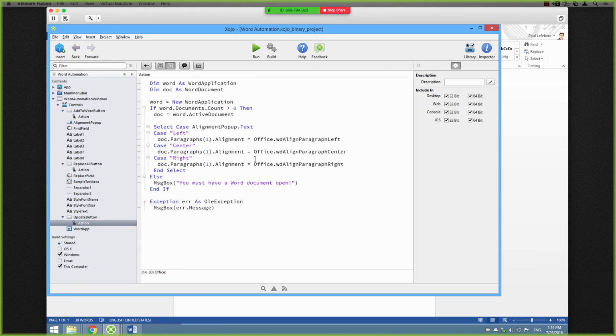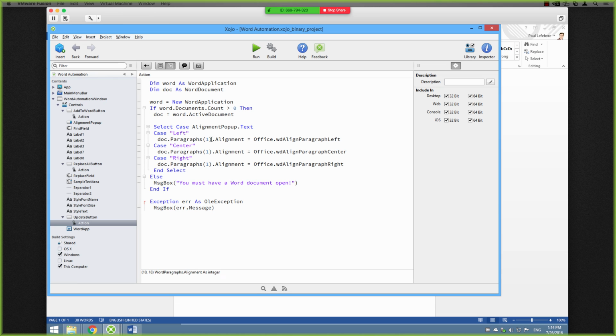Now, very little of what you look at when you see all this setup coming in is actual Xojo code. It's Xojo code, but it's calling the Microsoft Office object model stuff. So none of these commands or things are going to look familiar to you if you've never used Microsoft's object model for this sort of thing. And of course, none of this stuff is technically part of Xojo or documented by Xojo in any way. It's all Microsoft stuff. So you've got to go to Microsoft's site to read up on their docs to understand what the commands are, what paragraphs is,